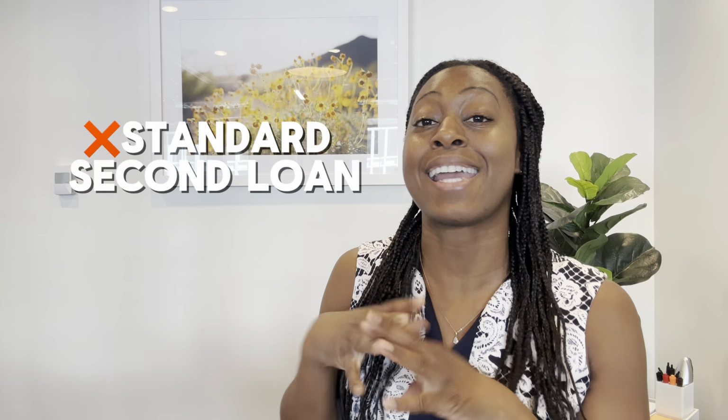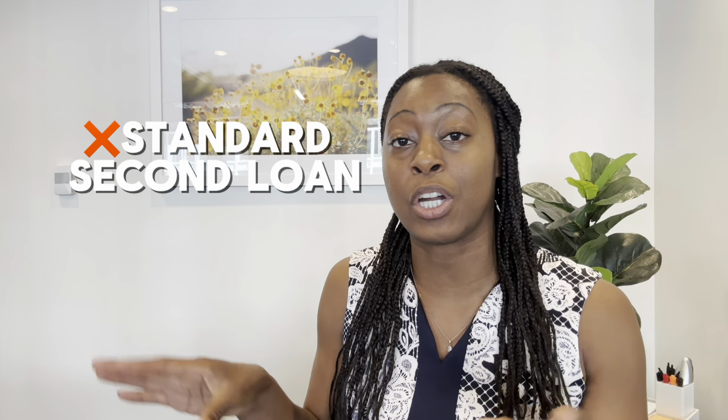We also have this assistance, which is not in the form of a grant. It is not a forgivable second loan, and it is not a deferred second loan. So it is actually just a standard 15-year fully amortizing loan that you do have to pay back and make monthly payments on during the first 15 years of your mortgage. But again, in my book, I still think that all the benefits far outweigh those potential downsides, so to speak,